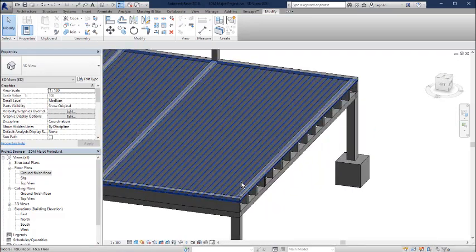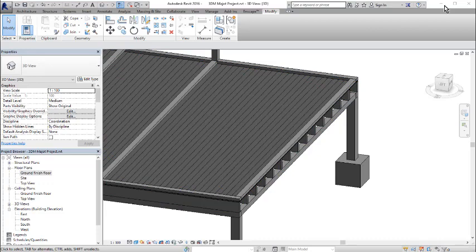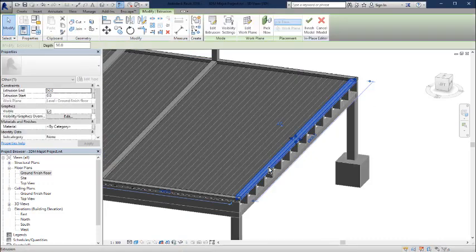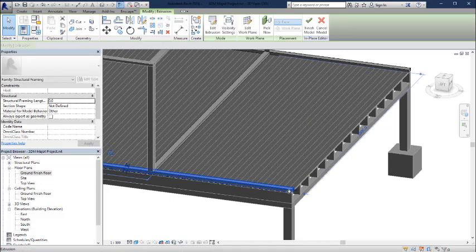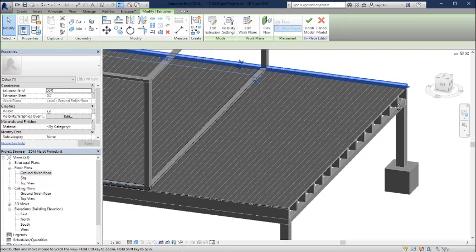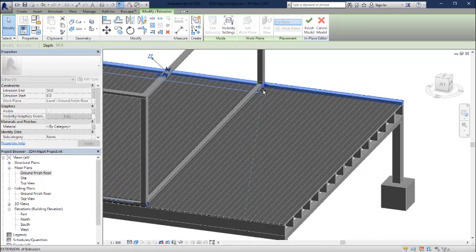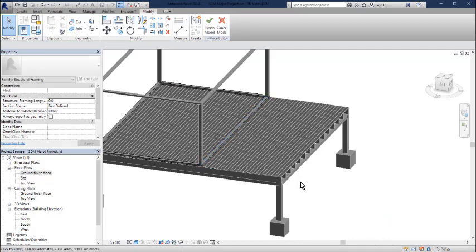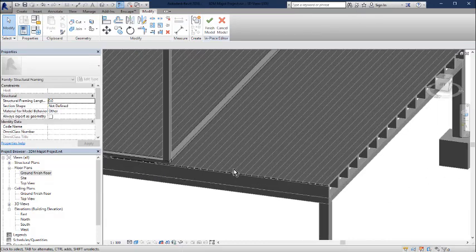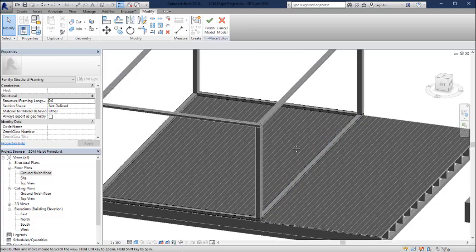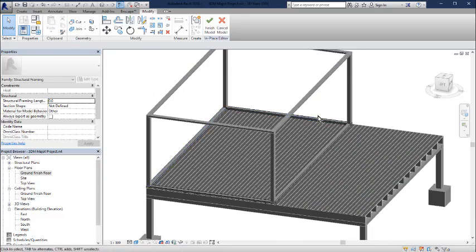Okay, pretty straightforward design. Now let us actually fix this up. So this would be here, and this would be a little shorter like that, and this would be a little shorter like that. There we go, because this is going to be our balcony, right? So let us work on the rest of this building, and then we